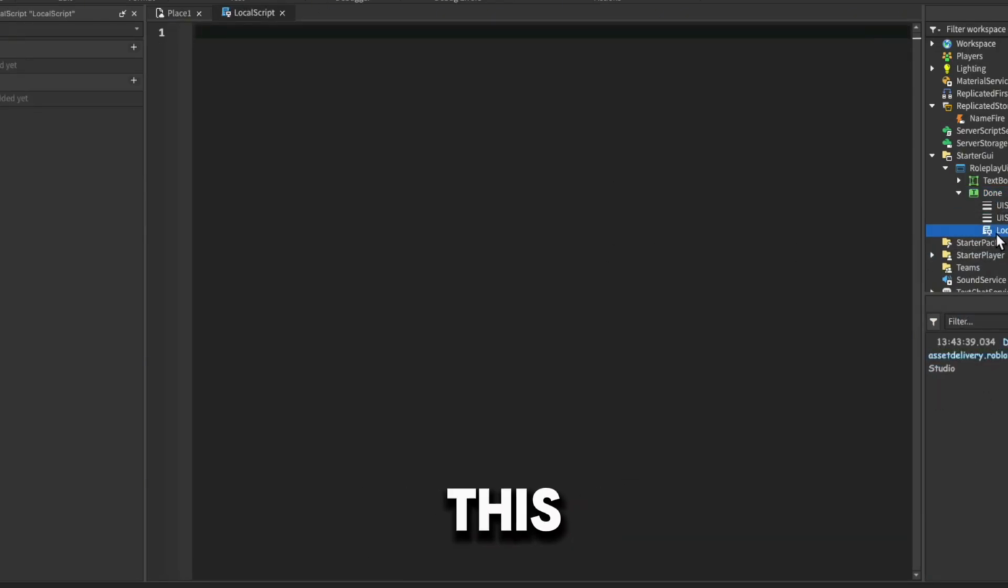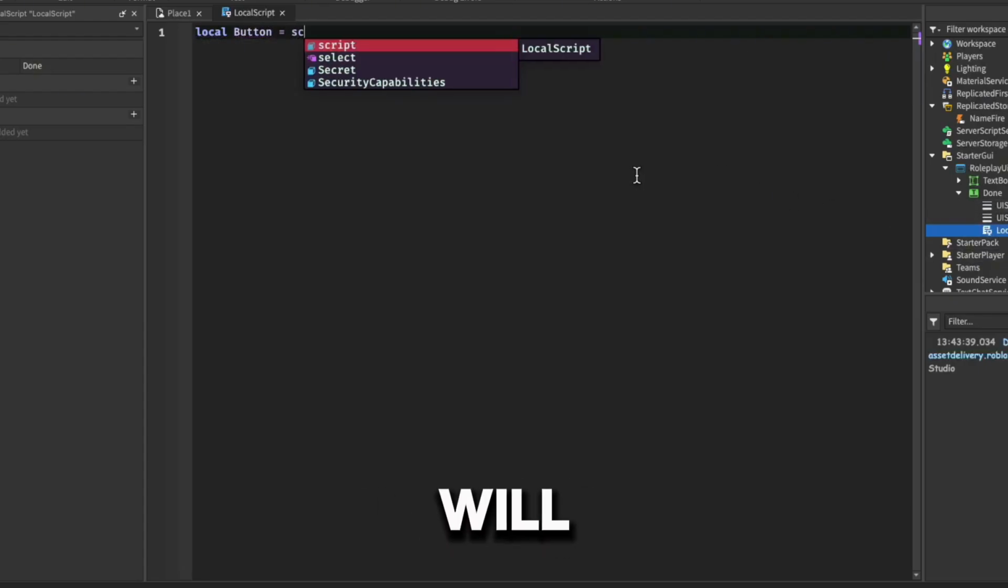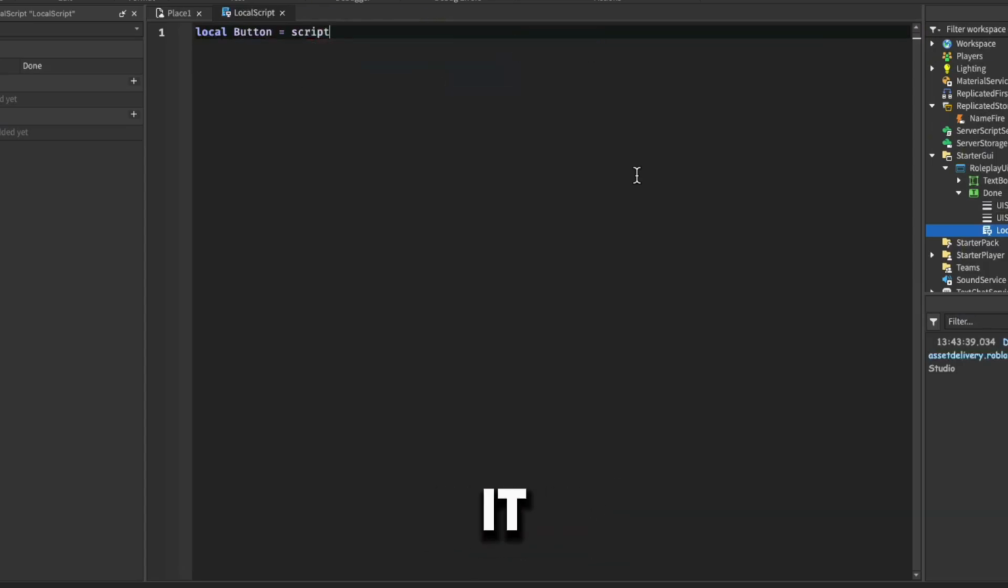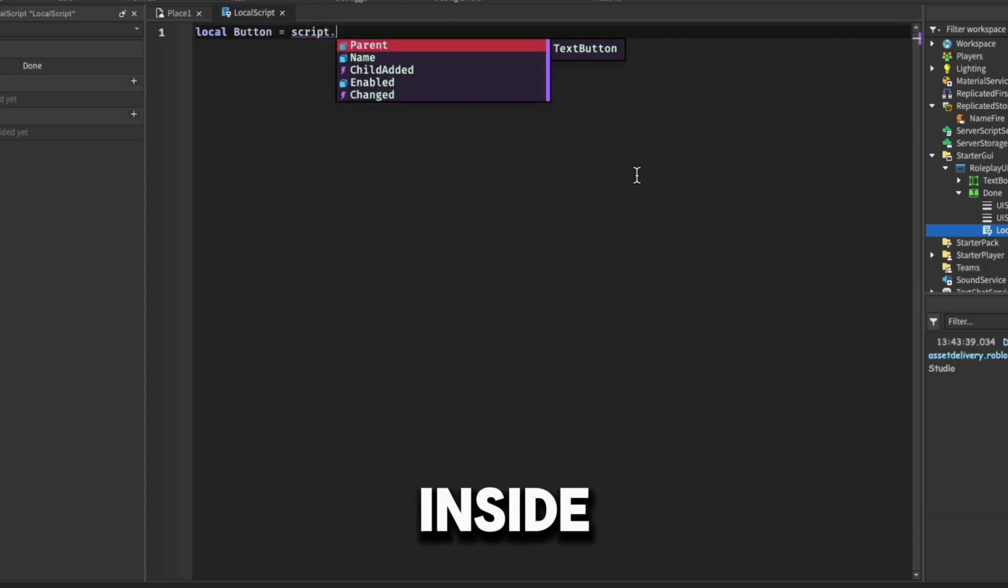So the parent of this local script is the done button, so we can make a variable by writing local, then we can name it whatever you want. I'm just going to name it button, then I'm going to equal it to its parent of this. So if I say script, it will refer to the script I'm inside of right now. If I put a dot, it accesses the properties and the other things inside. And in this case, we want to use the parent property, and it does tell us that it's equal to